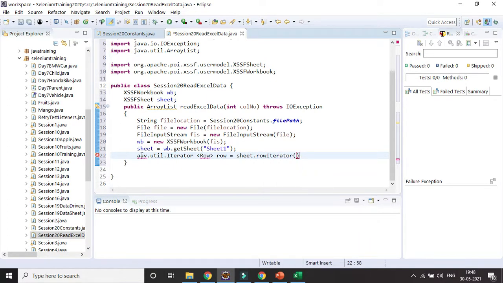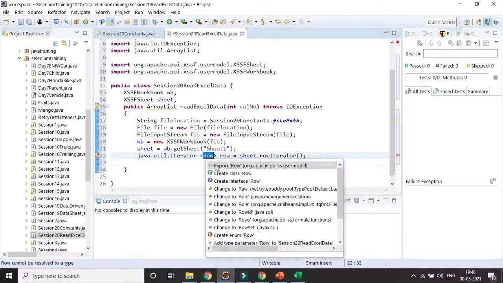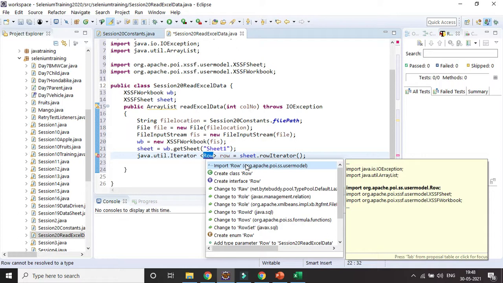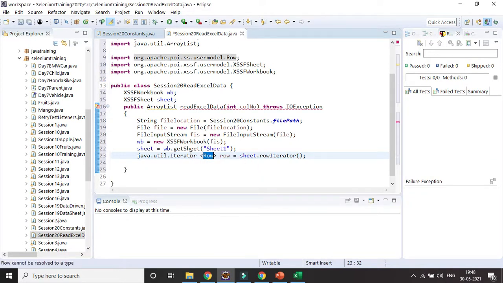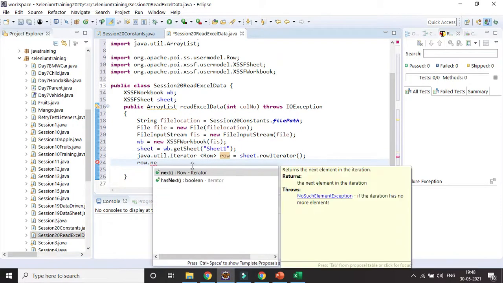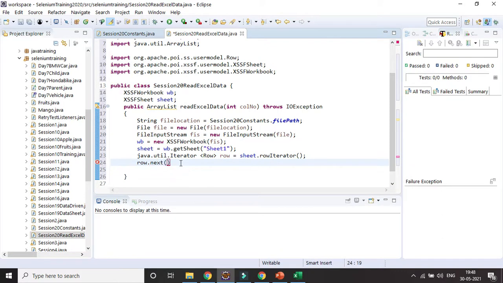Okay, here it is not Java. I'll be writing with the help of the row iterator. You can see we need to import the Iterator and Row from the org dot apache package. First we need to import Row, and then Iterator is already written. Then I will iterate all things. So it is nothing, I have just written only the iterator operator. First I need to iterate and then I will be adding row dot next. That is the concept of the iterator operator.